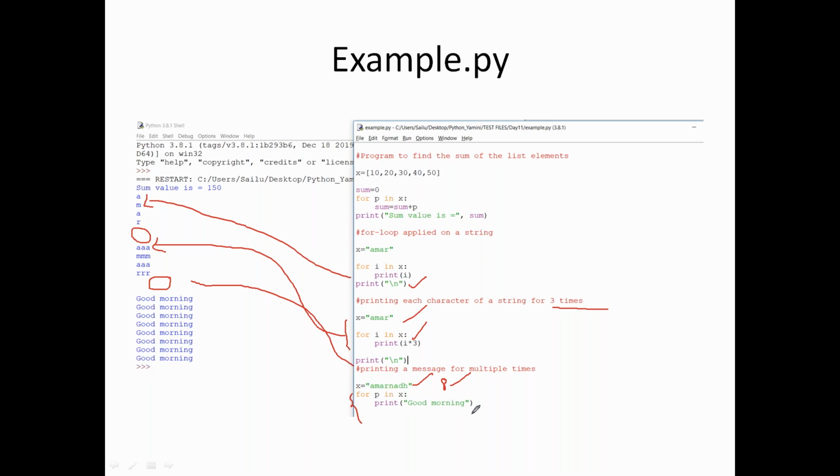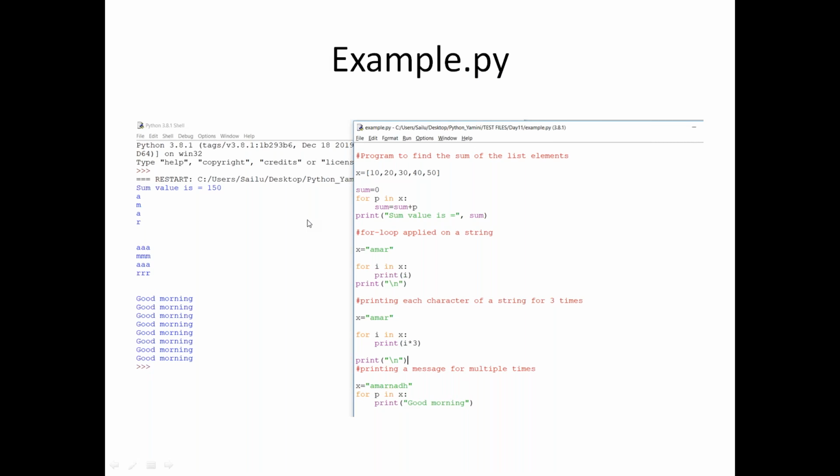What is our understanding here? The letters I have in X are just for my iteration purpose, but the outcome I want to display is going to be different. Nothing but the message is going to be different. It is not mandatory that the input and output should be the same. Input of X I'm using only for iteration purpose, and the expressions I want to use in the for loop can be different. Clear? Any questions on this?